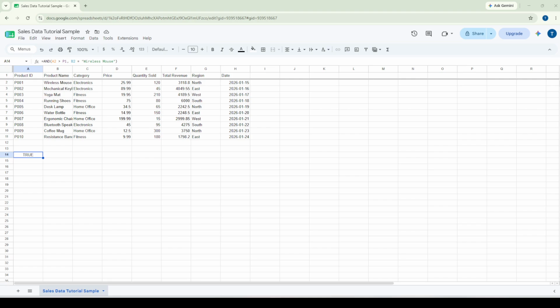In today's video, I'm going to show you exactly how to use the AND function in Google Sheets to test multiple conditions at once, so you can build smarter, cleaner spreadsheets that work for you. The AND function is one of those tools that once you master it, you'll wonder how you ever managed your data without it, because it acts like a strict gatekeeper, only returning a true result when every single condition you